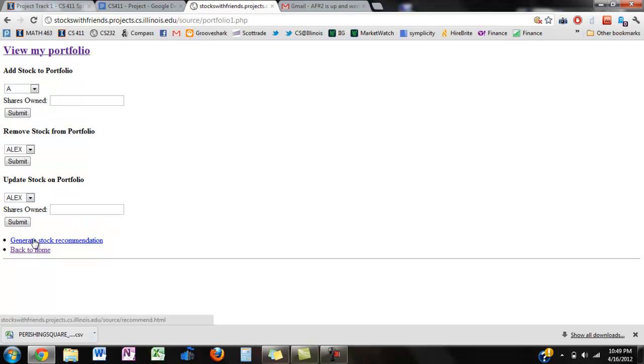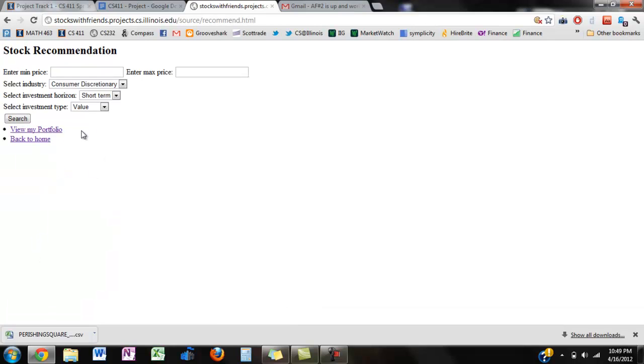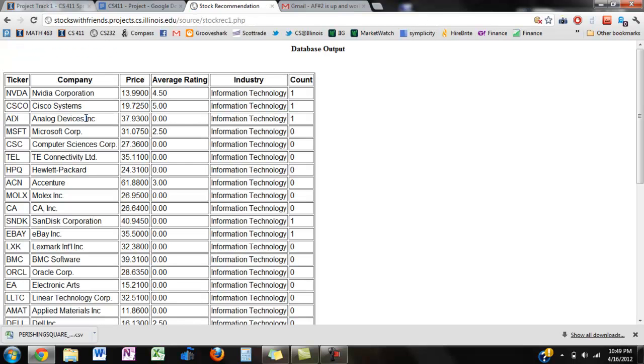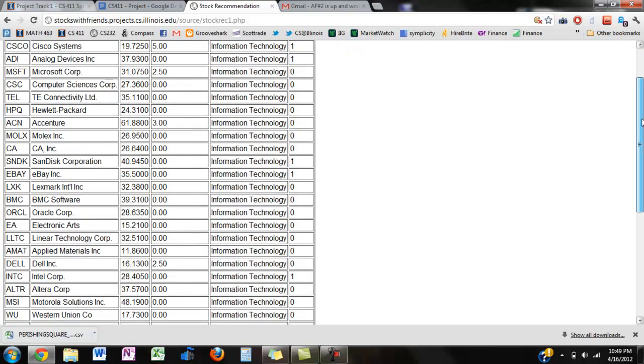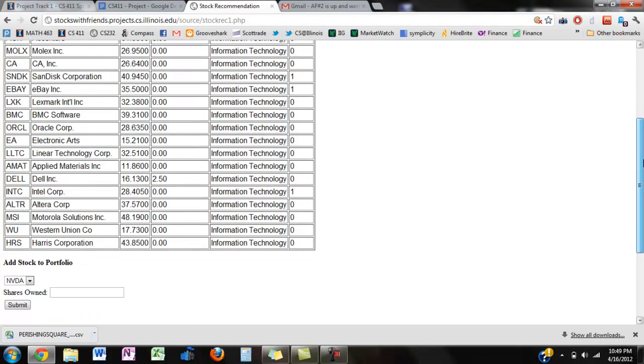And then finally, we'll conclude our presentation with our final advanced feature, which is to generate a stock recommendation based on our current portfolio. So Adam Smith will set his price limits, and in this case, he'll select something from information technology. He sees himself short-term investing, and for his value type, he'll select moderate. And so now, based on Adam Smith's parameters, we have some stocks preloaded, and these stocks are pre-sorted by our proprietary algorithm our group developed